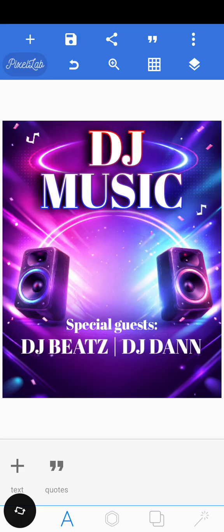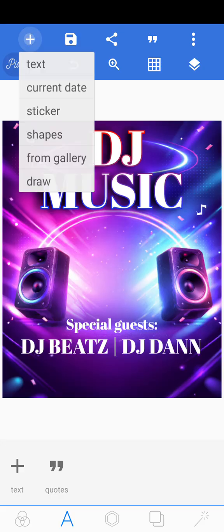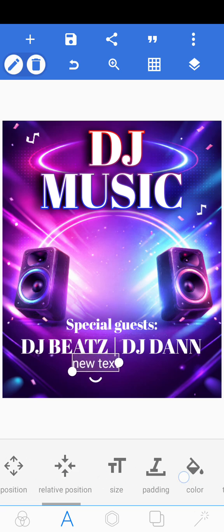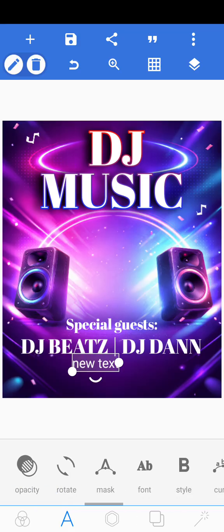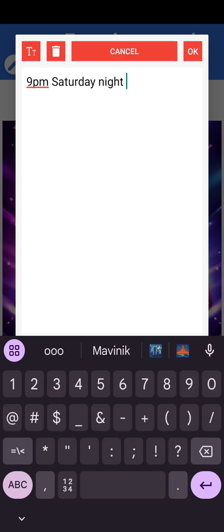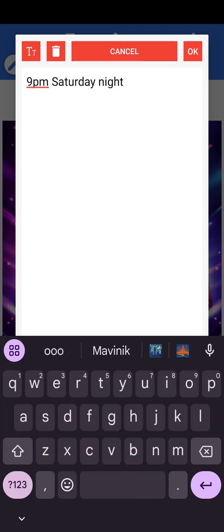So what next do we need in a poster? Yes, certainly we need time and date for it. So I'll be clicking on the text tool again, and I'll be bringing it down here, changing the font first. You could change the text first, but let me change the font first. Okay, double tap, and then let's see, 9 p.m. Saturday night. I'll be using the horizontal line one more time,